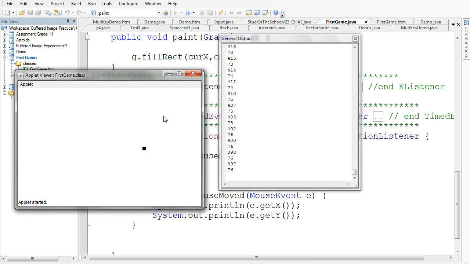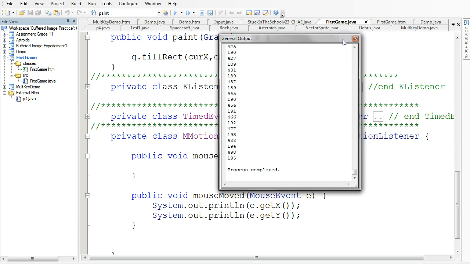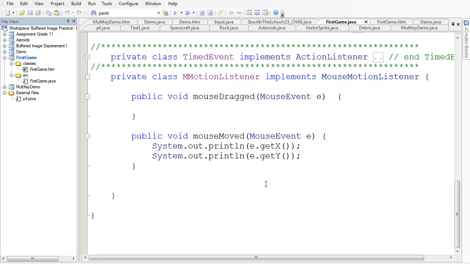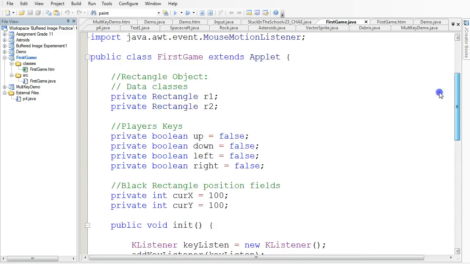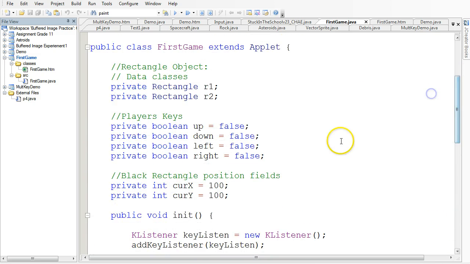So what I want to do now is make a red rectangle that tracks the same position of my mouse. The first thing I have to do is keep track of the numbers that are being outputted here. So let's close this up and dive into our program. What we know here is that we do System.out.println of the mouse event getX and the mouse event getY. So one approach I can do is scroll up here to the top,